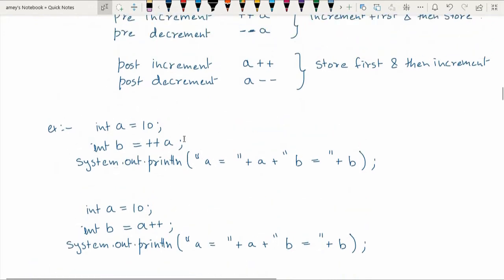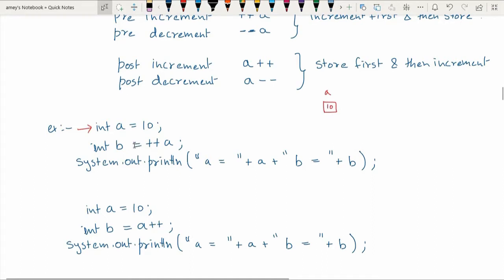Suppose I have this code. Let us execute this code and see. When the first line is executed, in memory a variable named a is created and the value 10 is stored. Now when the next line is encountered, it sees the = operator, which is the assignment operator.